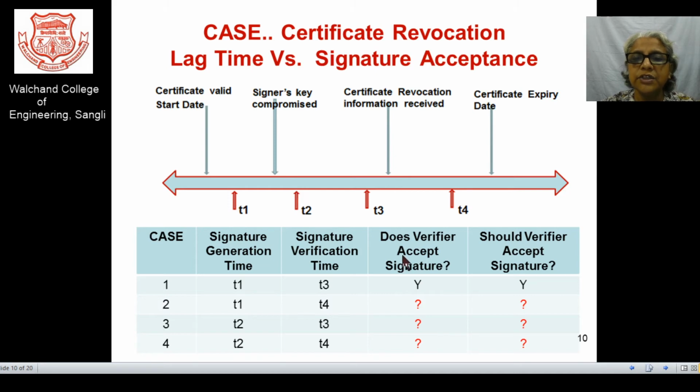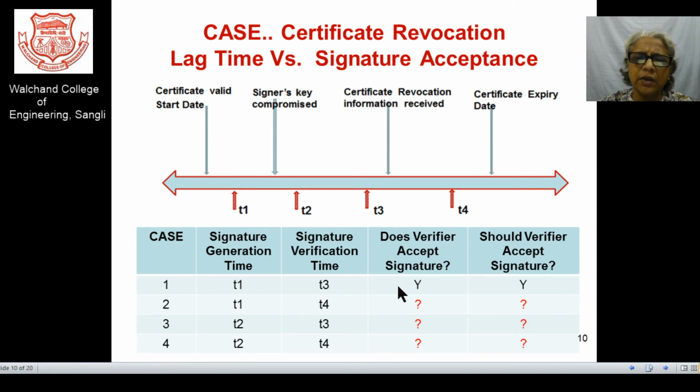But still, I want to check. I want to ask you to answer two questions here. Does the verifier accept the signature, that is, in a practical sense? And should the verifier accept the signature, that is, in a logical way? So we have to discuss a logical scenario and a practical scenario.